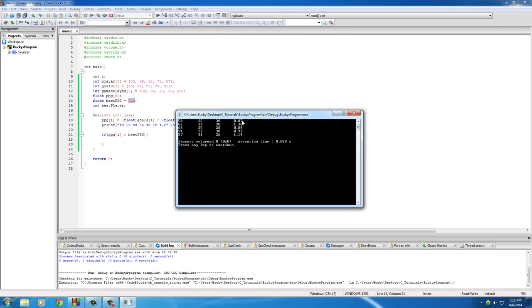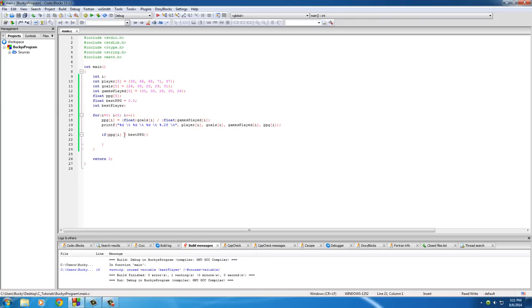so right now on the first loop, 58 is the best. On the second loop, it's going to say 66 is the best. And he's going to remain the best as long as no one beats him out. So as long as no player is better than the current player with a high score, I guess you could call,